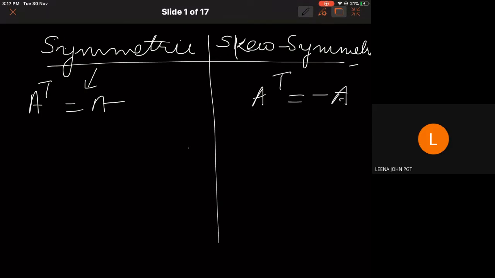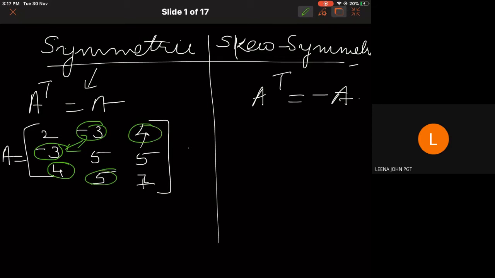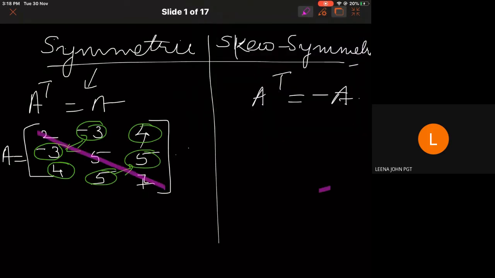minus A. For example, if you consider A equal to 2, minus 3, 4, here it is minus 3, 5, 5, then it is 4, 5, 7. From the observation itself, we can say it is a symmetric matrix. What is the speciality? See here, this is minus 3 and minus 3, diagonally opposite. Here it is 4, 4, 5, 5. So when you consider diagonally opposite elements, this is the diagonal one. Diagonally opposite elements must be the same. Then it is